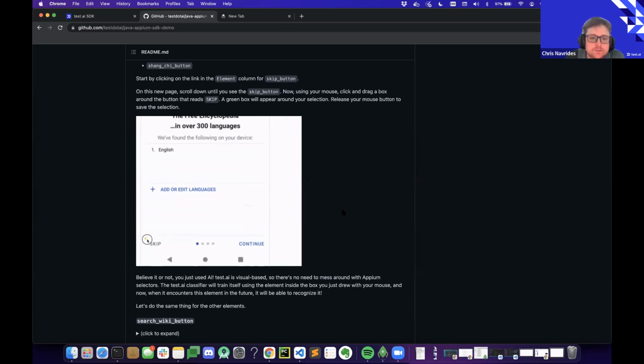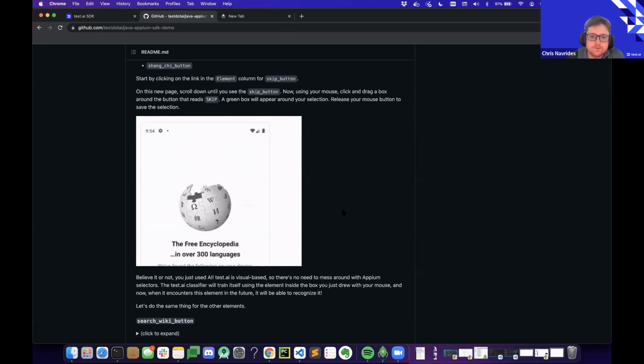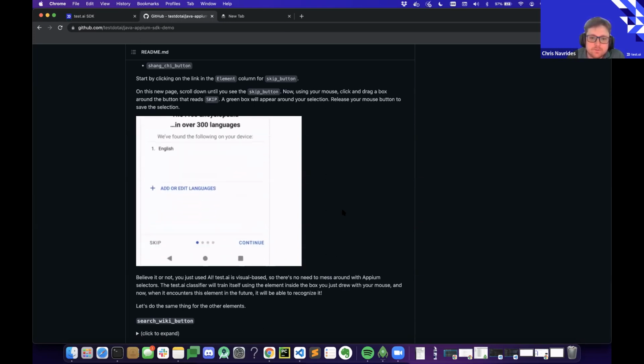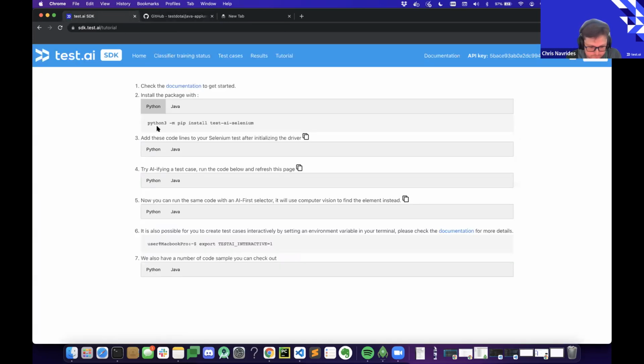We have another question, which is, how do you use the image selector as the primary selector to deal with Canvas interactions like Pixie.js or monolithic HTML? Perfect question. Let me jump into that one right now, because that was what I wanted to show next, which is if you do an AI-first version.